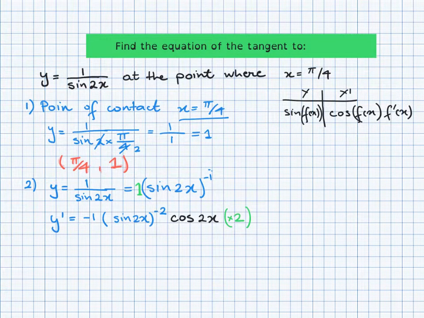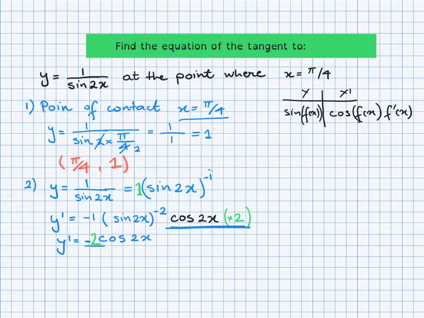Let's tidy this up a little bit. So y dash is equal to, I'm going to keep this part in the numerator, so it's going to be negative and negative 1 here, negative cos of 2x, and I'll take this number 2 in front of the bracket, in front of cos, so it doesn't make any difference. So I'm just going to put here negative 2